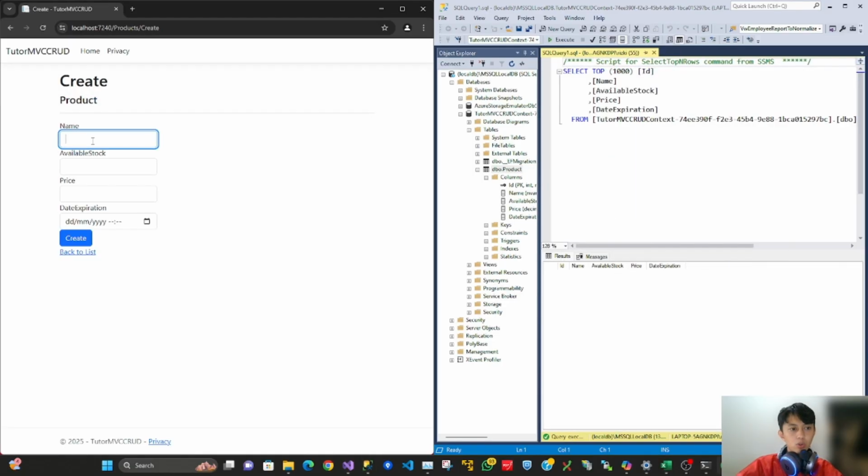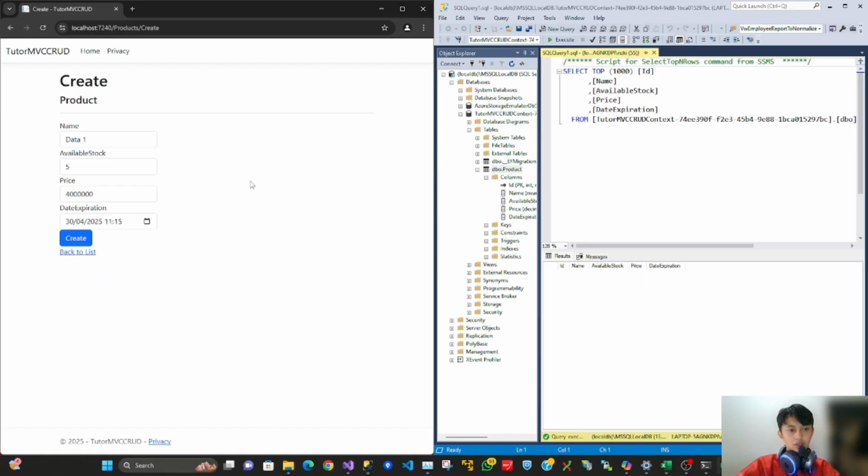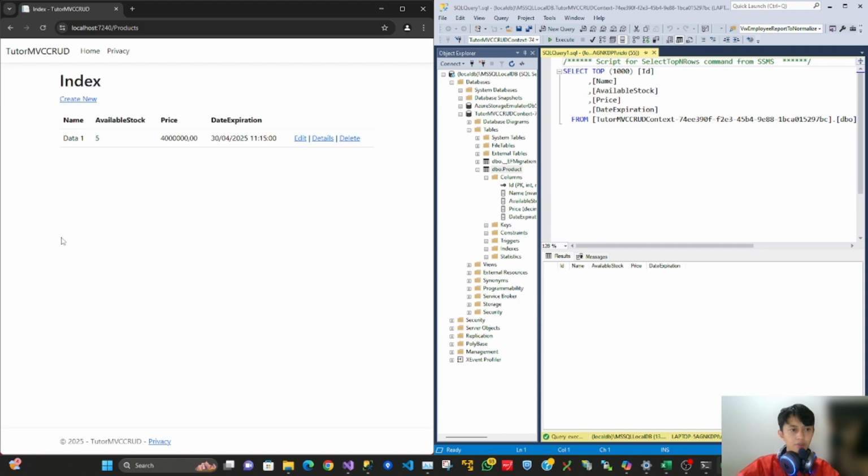If we try to add data, one, available stock, for the price, four million, and the expiration, let's say 30 April 2025. Great. Here we have the first data. Let's see what is reflected in the database.